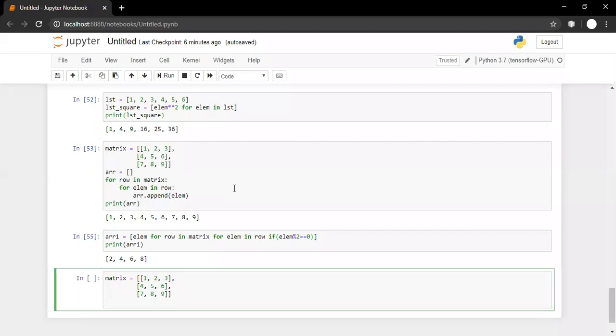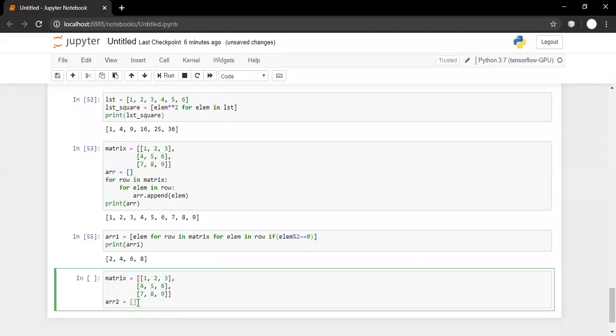So we'll go for an array, let us say ARR2. The way I'm going is converting the columns into rows. That is the most appropriate way because we are using a list.